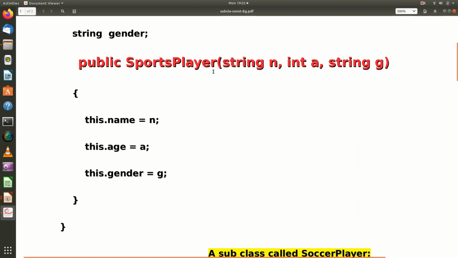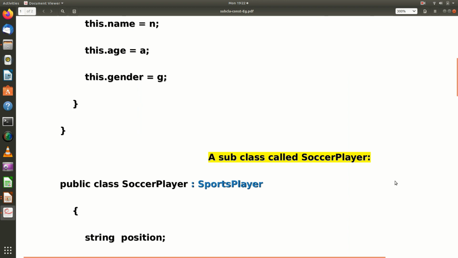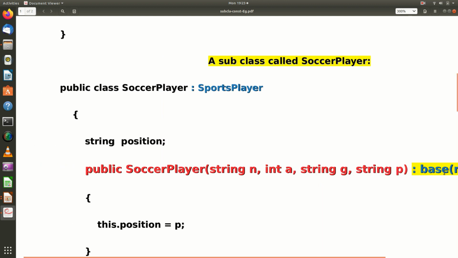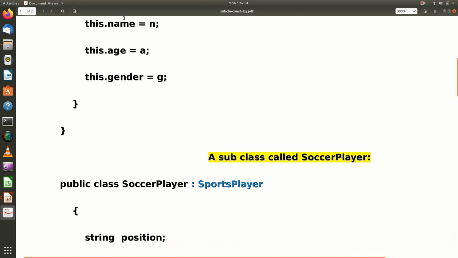So to invoke this base class constructor, I need to pass 3 arguments. So what do I do? The name, age and gender, which are the base class data members, I am passing by invoking the base class constructor using the keyword base, and I pass these 3 arguments explicitly. So this will be invoking the base class constructor and assigning the values name, age and gender.